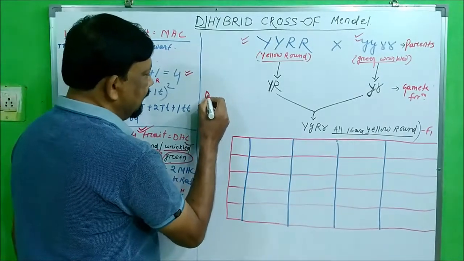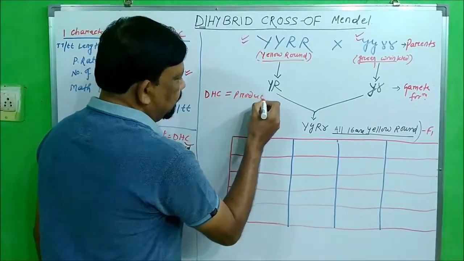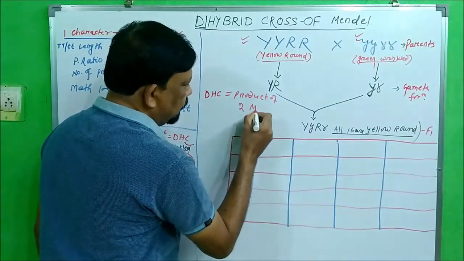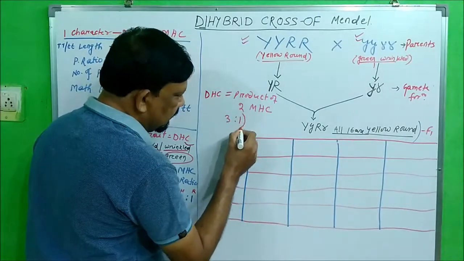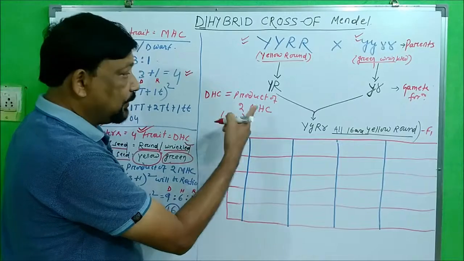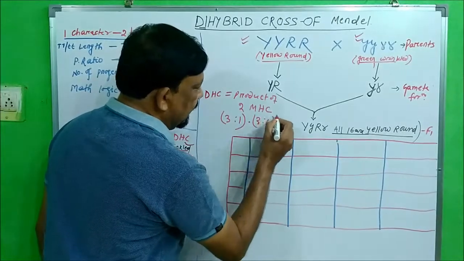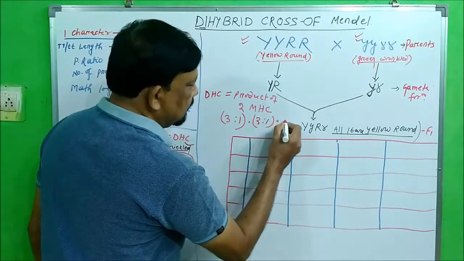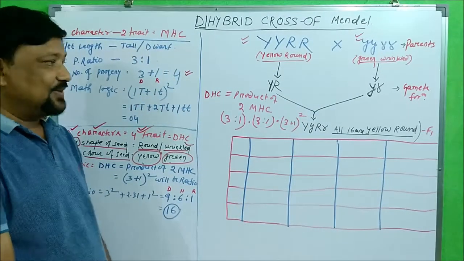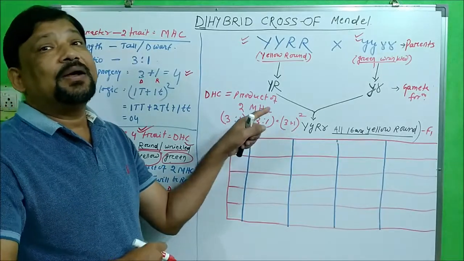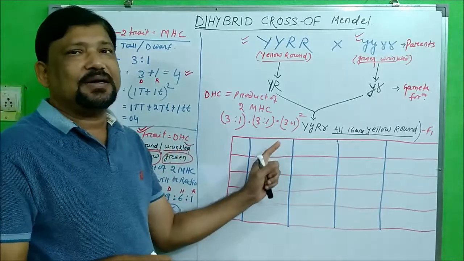So, one dihybrid cross is equal to the product of 2 monohybrid cross, or you can say 3:1 of one monohybrid into 3:1 of another monohybrid, which equals 3 plus 1 whole square. Right? So this is the result what Mendel was expecting in his experimentation, and exactly the same result he got